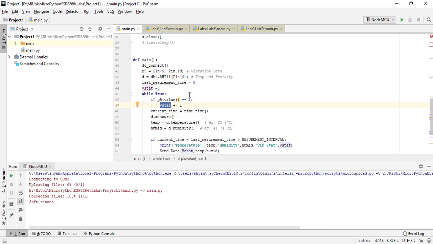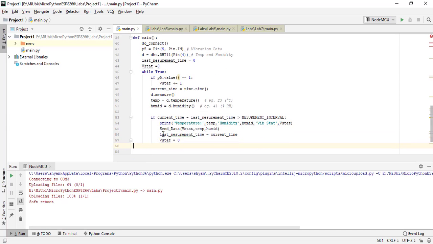This will give me the status of vibration, and I took the current time. Then I want to measure the temperature and humidity. This is the function call we usually do primarily to start a measurement. With d.temperature you'll get the temperature data, and with d.humidity you'll get the humidity data.